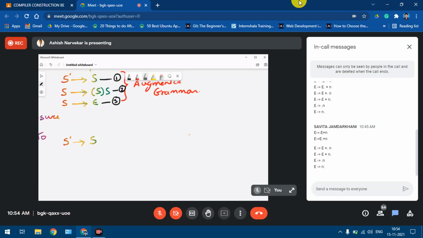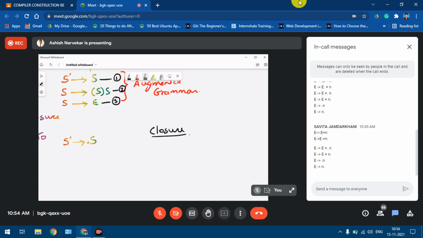Now when we want to construct LR0 items, as I showed you all, what we need to do is put a dot. So I put a dot over here. Fine. Once we put a dot over here, it implies we have to apply the first step, that is called the closure. I need to apply this step to this particular production, or this particular item.